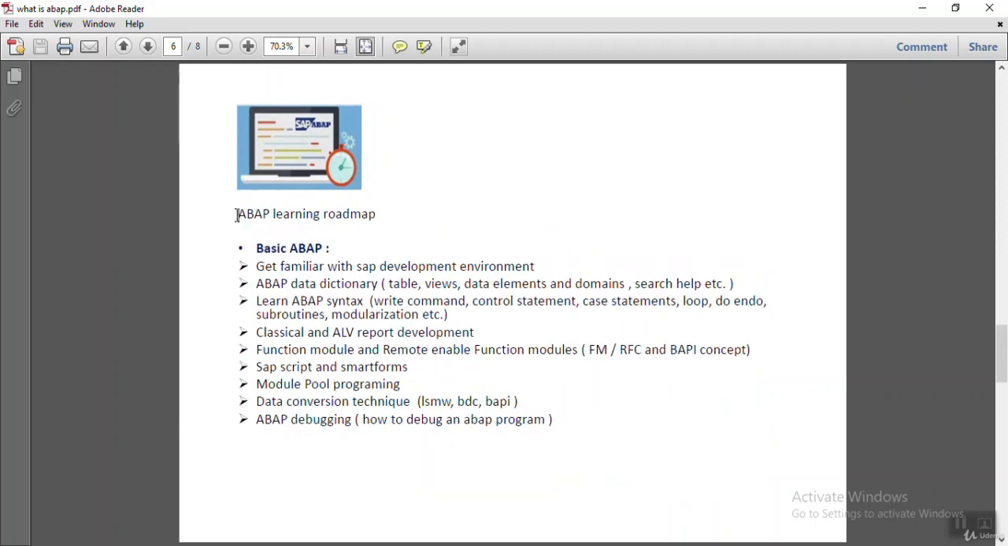So what is the learning roadmap for ABAP? We can divide ABAP into two types. One we will call basic ABAP and the second one is called advanced ABAP. In basic ABAP, first we have to become familiar with ABAP and the complete SAP development environment: how SAP works, what the different modules of SAP are, and as an ABAP consultant, what tools are available in SAP